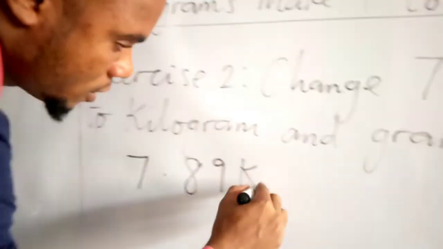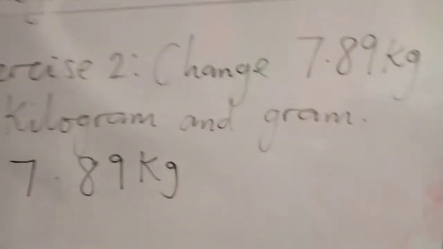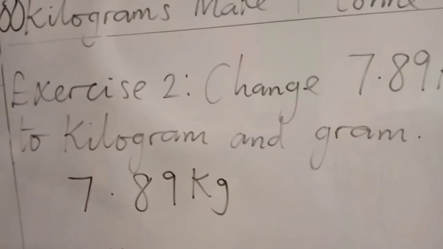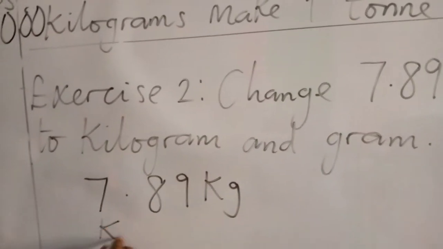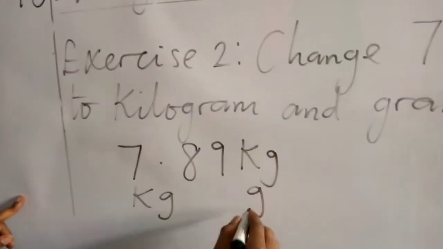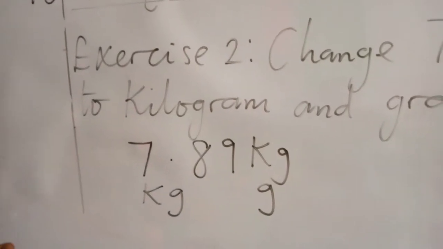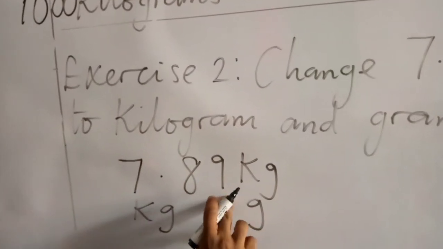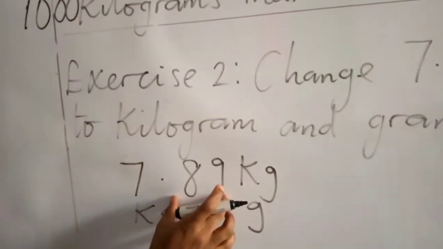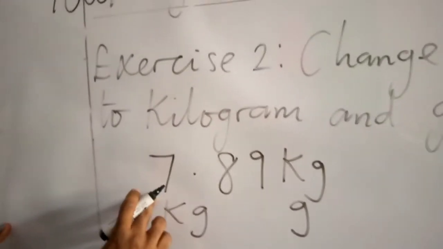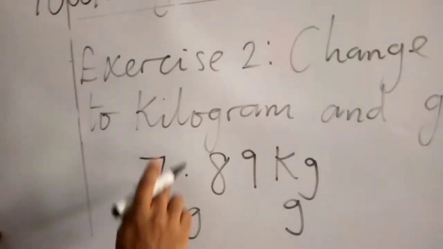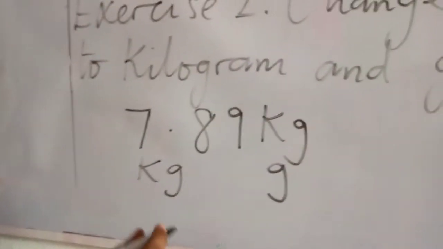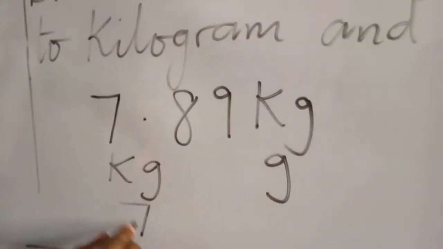7.89 kilogram. Now this is kilogram and this is gram. Remember that this point means that from this side to this side is lower than this. Remember we said this is decimal fraction and this is whole number. So our kilogram is what is here and our gram will be here. Now to do this we have 7